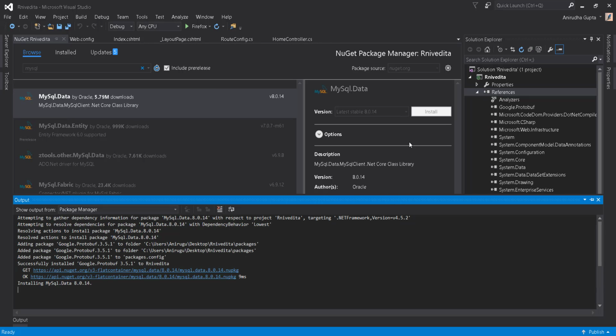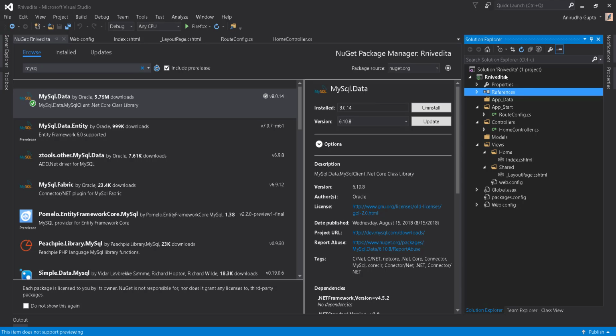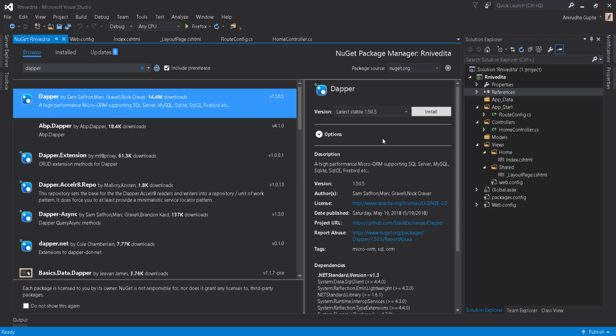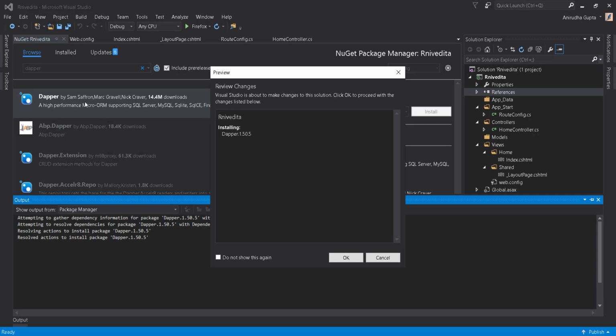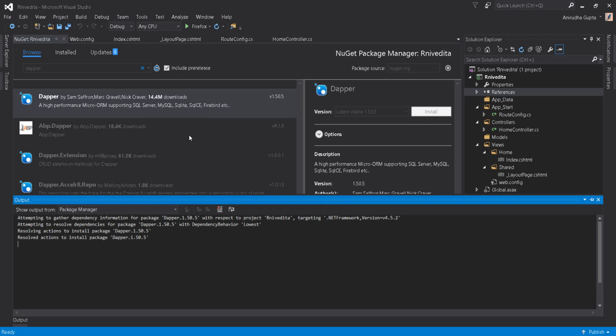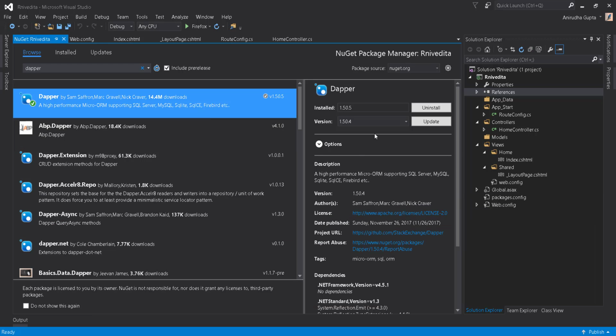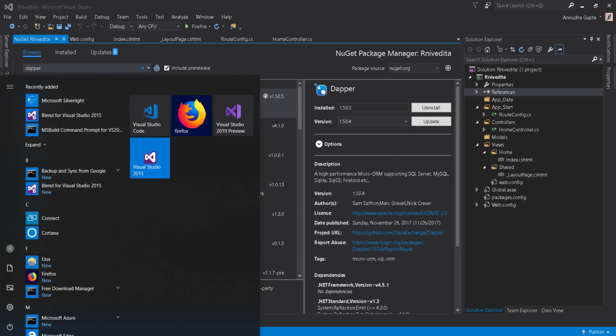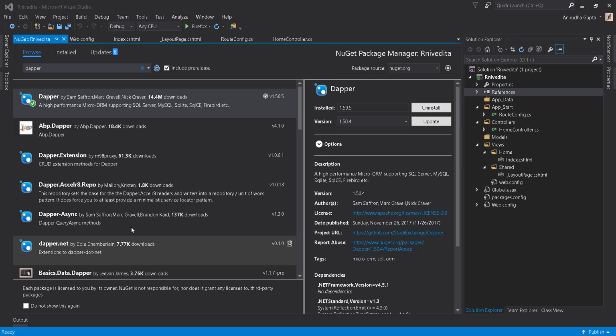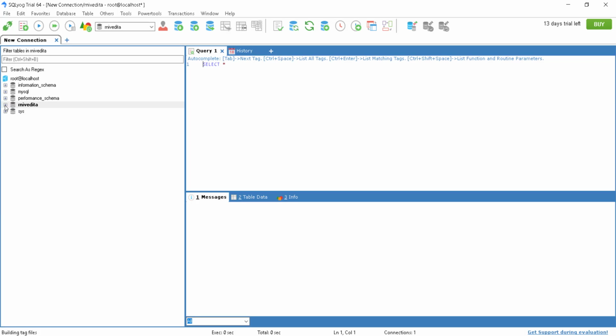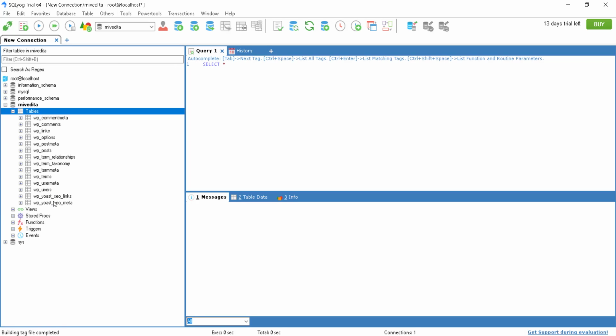So I have added the MySQL connector to my application, and I am adding Dapper. This is how we are going to connect with my MySQL server. So this is our MySQL database, and you can see that I have a WordPress database that I can use in my application,